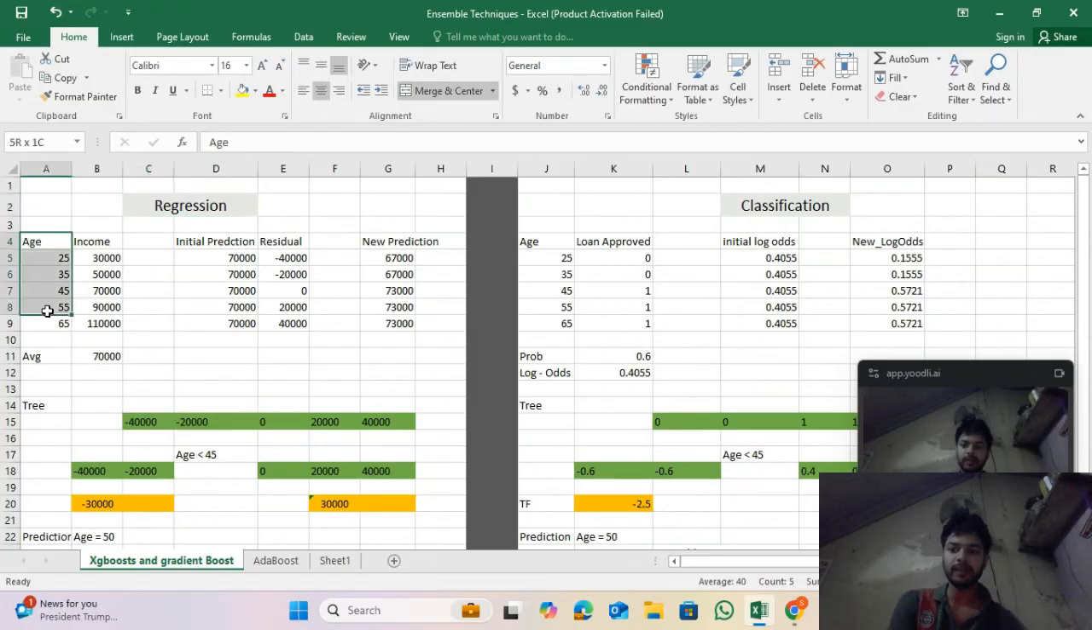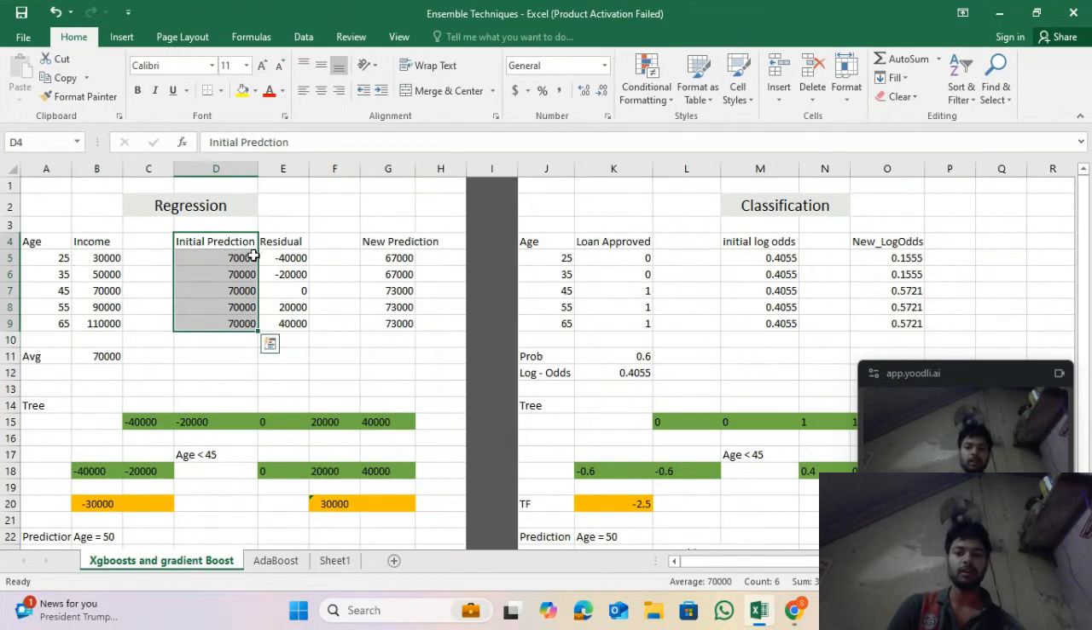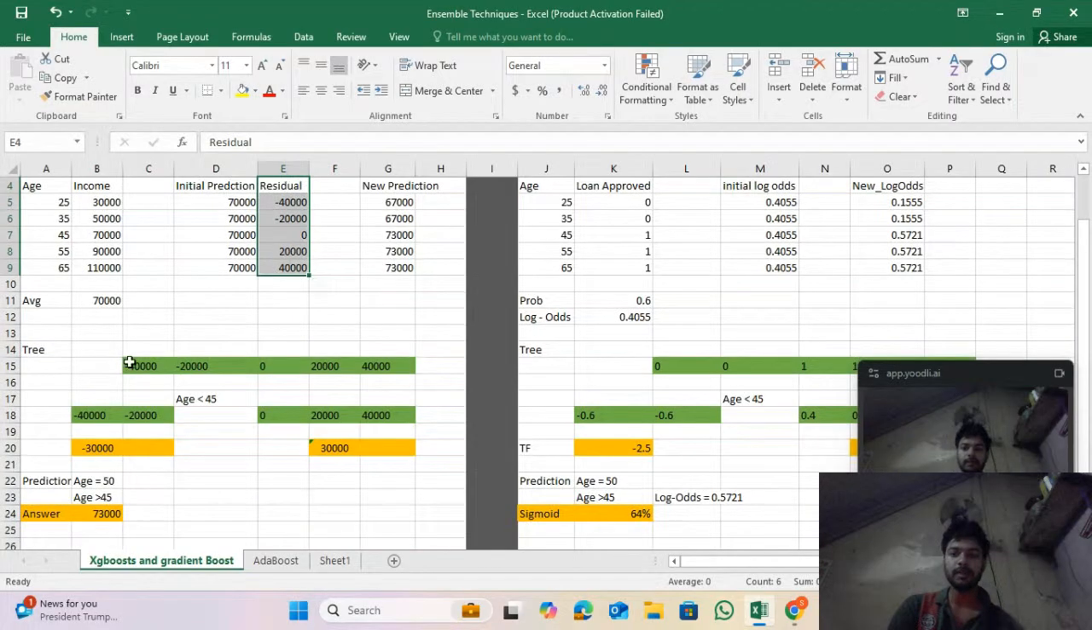Let's suppose we have age and income. Income is our target variable. We need to predict it with the help of age. So the average of all these incomes is 70,000. So the initial prediction will be 70,000, and based on the initial prediction and income, there will be a residual. This residual will be taken,